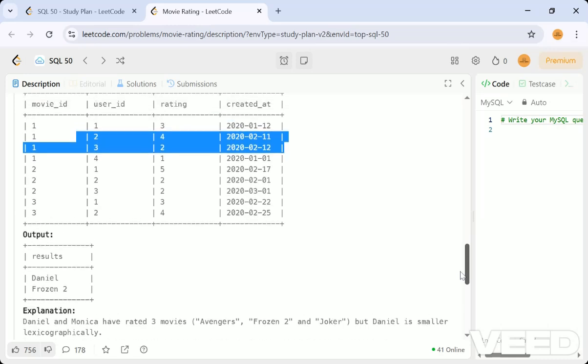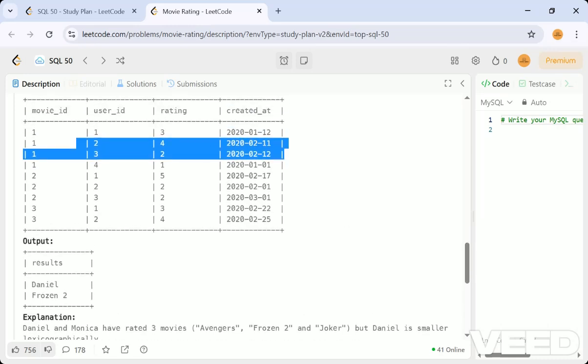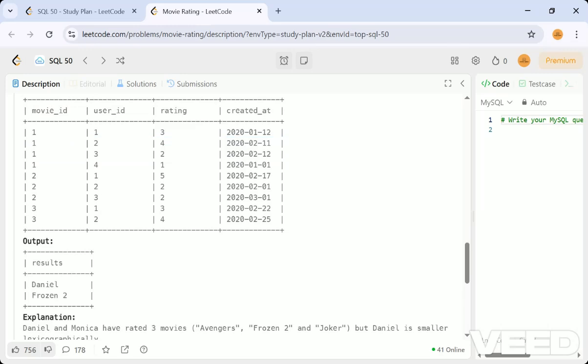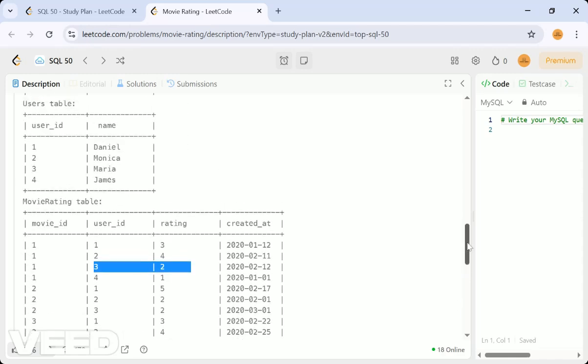Let's see the rating they have given. So user 2: 2 plus 4 is 6, 6 by 2, that is 3.5. And then again 3, 2, and 4. Yeah, 4 is the rating.